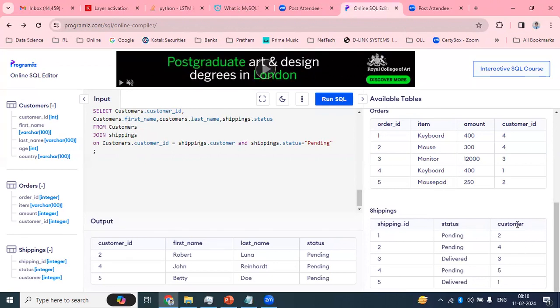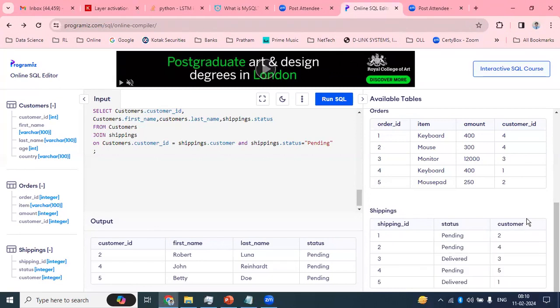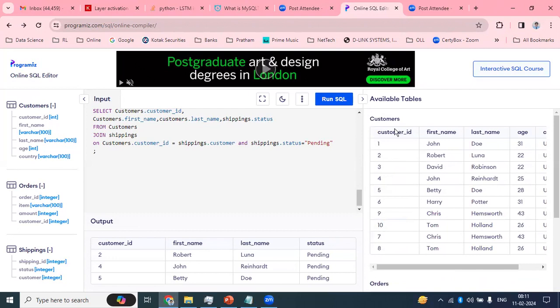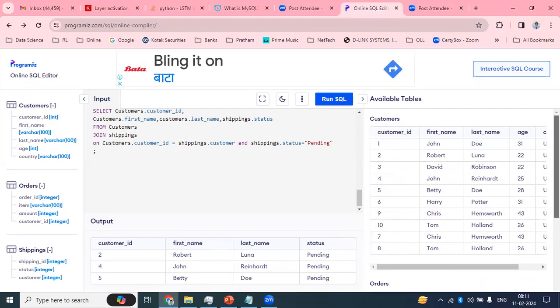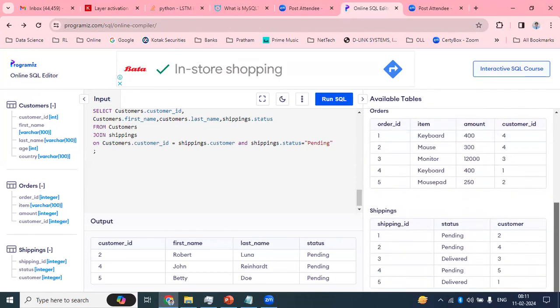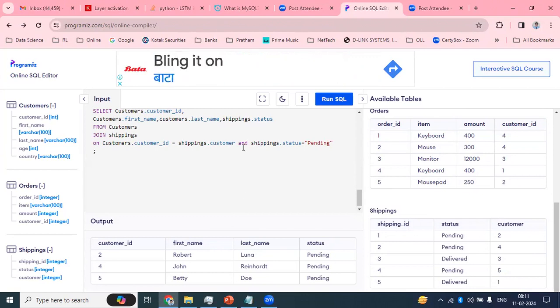See, I told you the field name may not be the same. In the shipping table, the field name is customer, while in the customer table, the field name is customer ID. Both are the same, but the name of the field is different. Are you clear? The name of the field may not be the same in the other table, but basically the